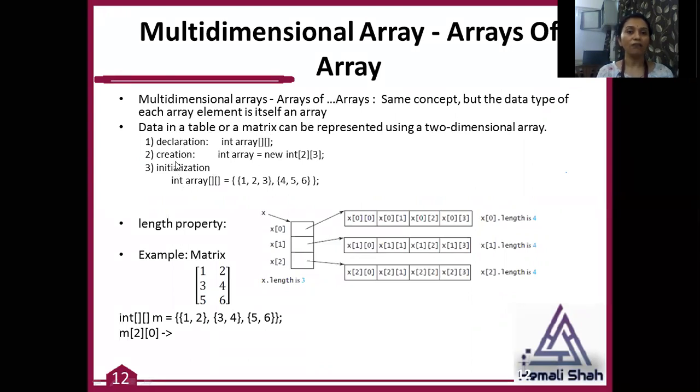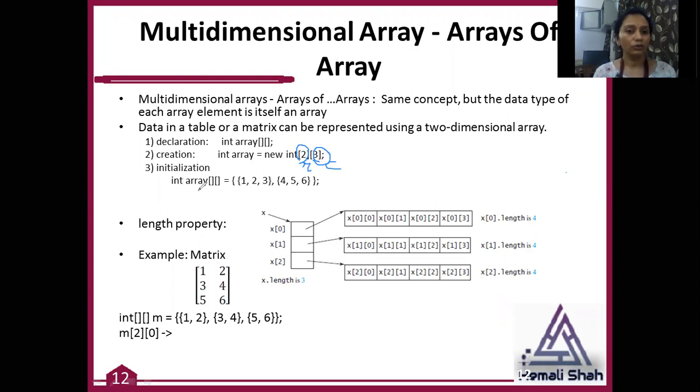The creation of the array is data type, variable name, new operator, and again data type, and inside the two brackets, in your first bracket you have to write the number of rows required in your two-dimensional array. In each row how many columns you want, the second bracket indicates the number of columns you want in each row. So first is the number of rows and second is the number of columns, right?